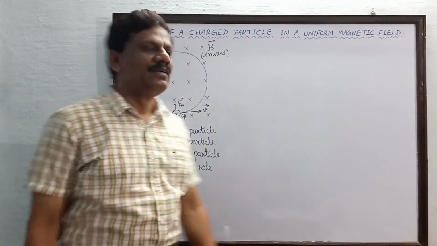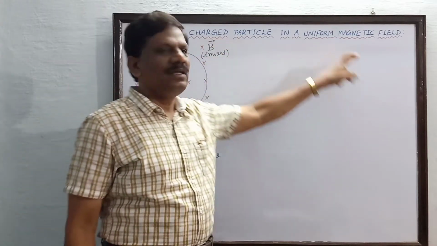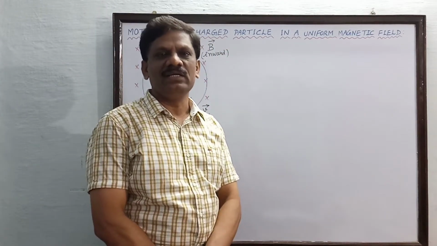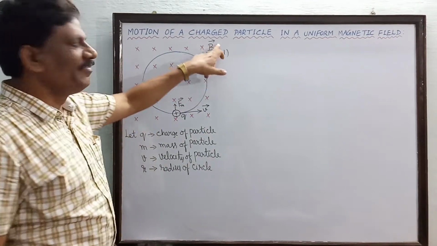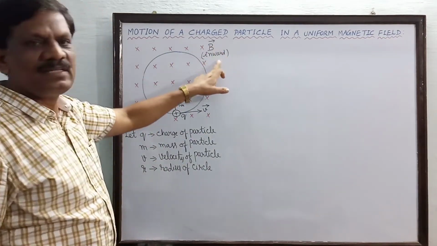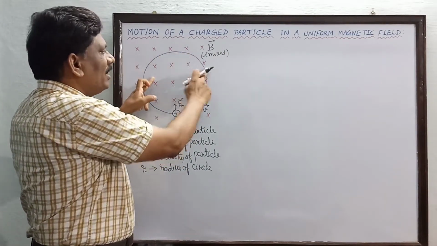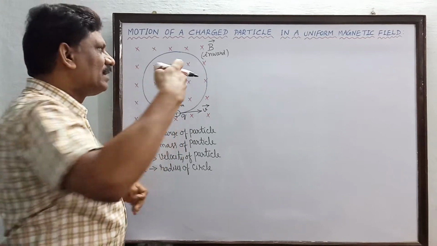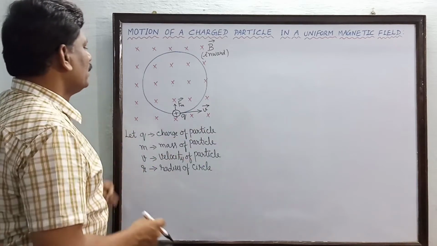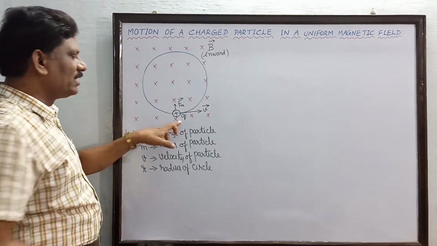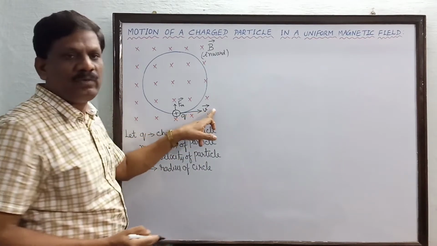Hi students, now we are going to discuss the motion of a charged particle in a uniform magnetic field. So for that, let us assume a uniform magnetic field B whose direction is into the board. Okay, so these X marks are the lines of force passing into the board, perpendicular to the plane of the board. And I am going to consider a charged particle Q which is moving in a direction perpendicular to